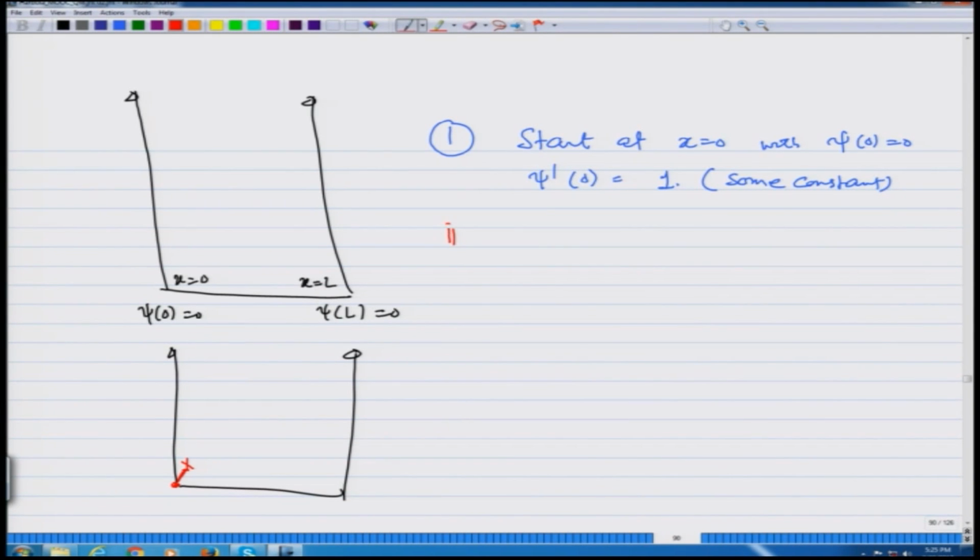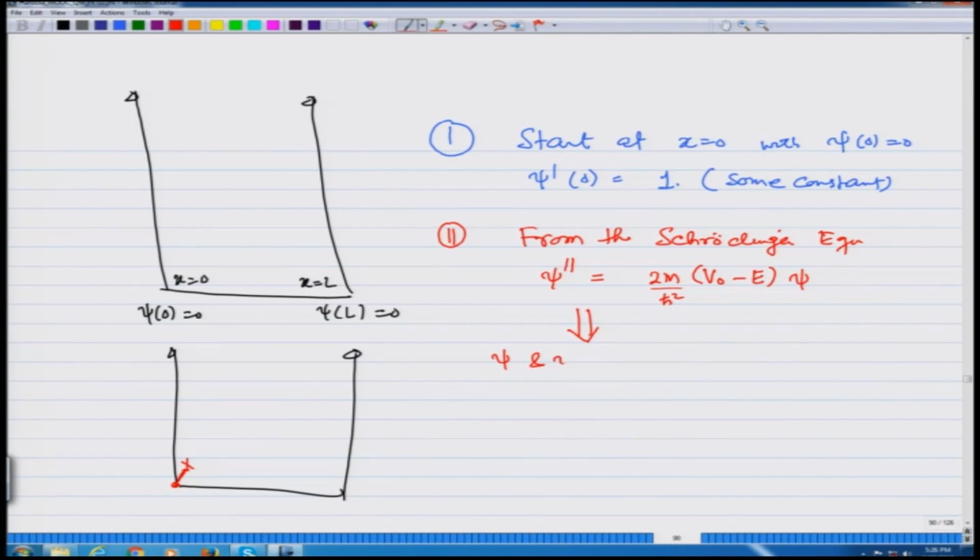So, number 2, from the Schrodinger equation, psi double prime is equal to V 0 minus E times 2 m over h cross square times psi. So, this implies that at any point where I know psi and psi prime, it gives me psi double prime also. So, from this point on the left hand side, starting at x equal to 0, I have updated,